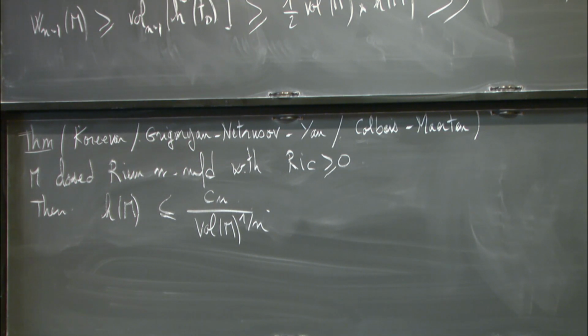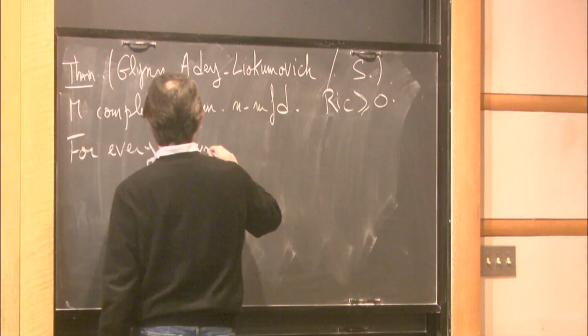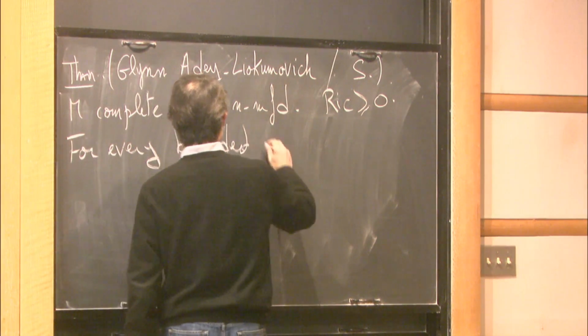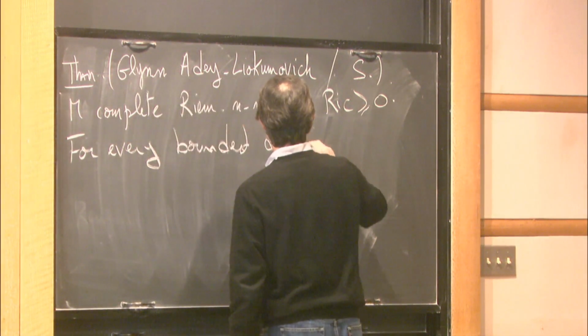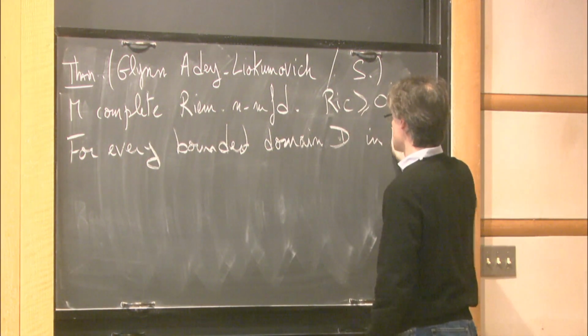So here we consider a complete Riemannian manifold with non-negative Ricci curvature. Okay. And then what we have is that for every bounded domain G in M,